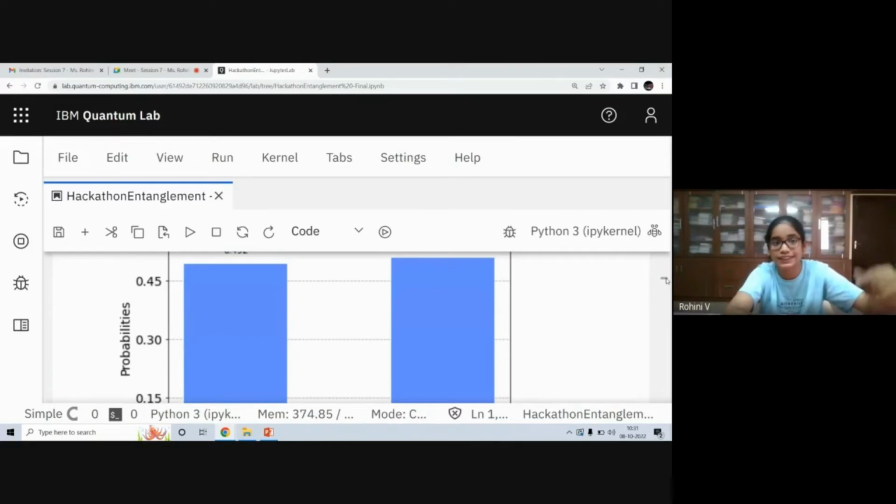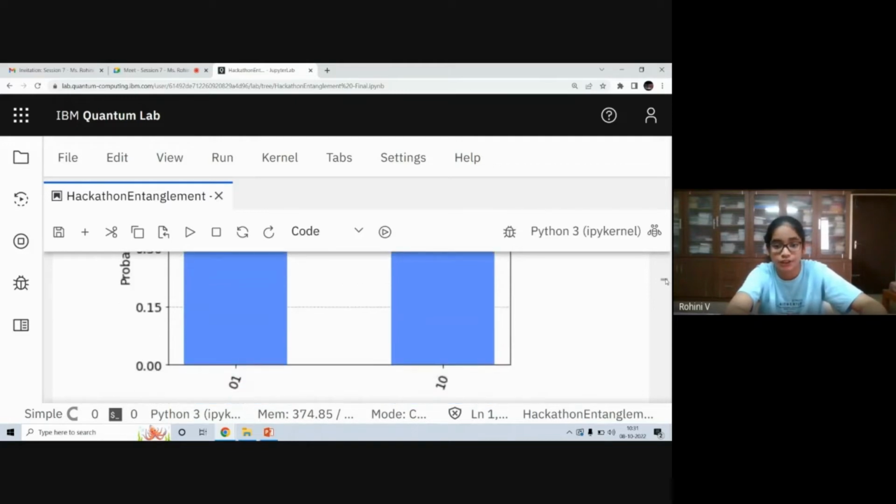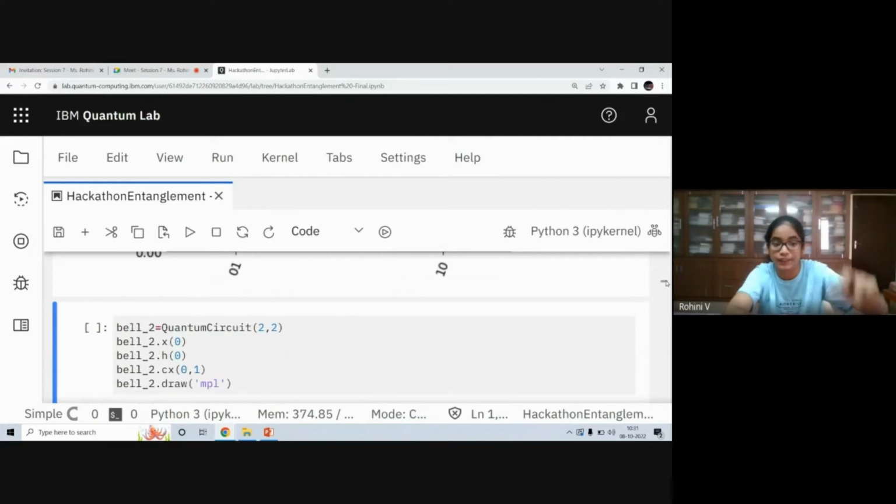For the previous one you noticed 00 and 11, and now we are noticing 01 and 10. Next is Bell state 3, as we had bell 0 and bell 1, and now bell 2. These codes are very important, because they can ask you how to create a Bell state, so you have to know them. This isn't the only code to create a Bell state; you can create it in many ways. But the only condition is you should have the H and then CX, and the order matters. H first and only then CX. If you swap them,